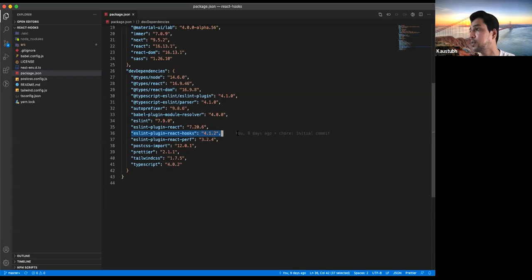These are quite recommended ESLint plugins if you are ever trying to use hooks in your project. React hooks will warn you while committing if you are missing any of the dependency arrays that we saw inside hooks. Hooks accept a second parameter, and if we miss any of those dependency arrays, it will warn you, or it will automatically add that for you.